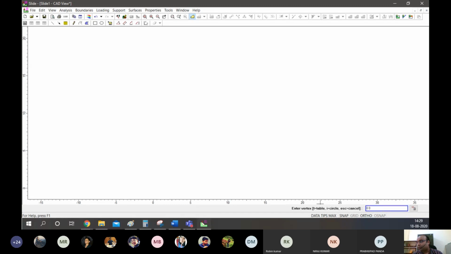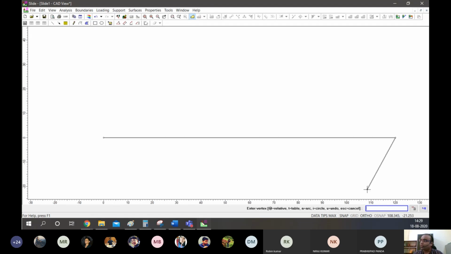So x and y are put with a space. So x is 0, y is 0 at the starting point. Let's make a 120 meter base. So 120 and 0 will be the next coordinates, right? Our height of the slope may be another 120 or maybe 150 meters. So the next coordinates will be 120, 150.